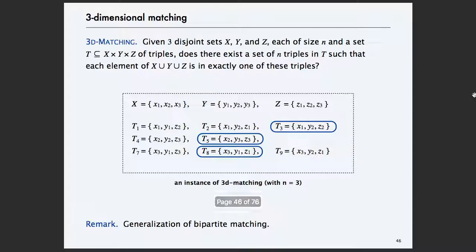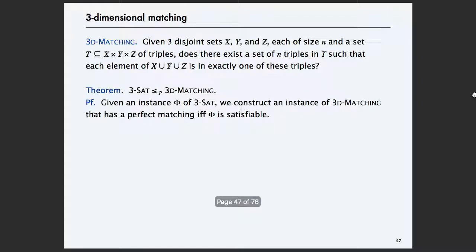The math version of this is: given 3 disjoint sets X, Y, and Z, each of size n, and a set T, a subset of all the possibilities X × Y × Z, of triples. Is there a set of n triples in T such that each element of X union Y union Z is in exactly one of these triples? One professor, one course, one time. It's a generalization of bipartite matching,